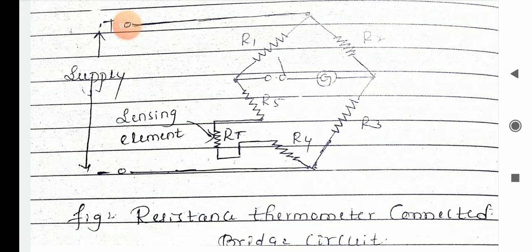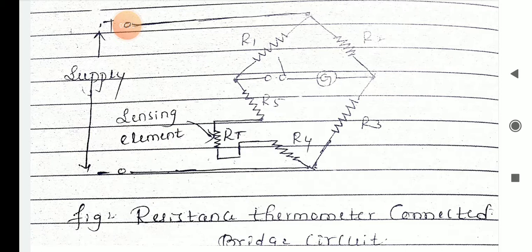Last point in that working, if change in temperature from T1 to T2 is considered, the above equation is written as R2 is equal to R1 plus R0 alpha into T2 minus T1. In delta you are going to change. Delta means what? Change in the temperature. So that's why, replacing that delta T, you can write T2 minus T1.